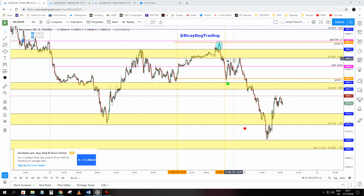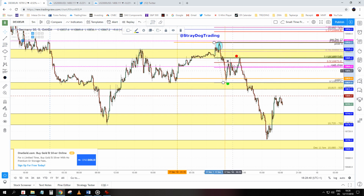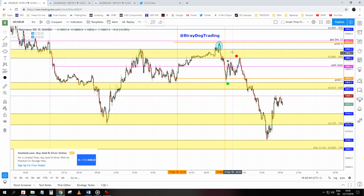Now we come to the testing of resistance, and if you didn't get a fill here on this first test, you should observe and get ready to get in on the second test, because we have this false breakout. We have a bearish environment, and in a bearish environment, resistances are the ones that could be tested multiple times and still hold the price. And this here was a very good entry, and not only bearish environment, zone, and inability of the market really to go above, but you also had the 61.8 fib retracement of this current move here to the point. So this was our short entry, and now when market starts to go down again,